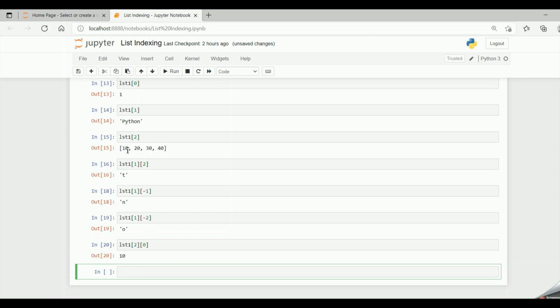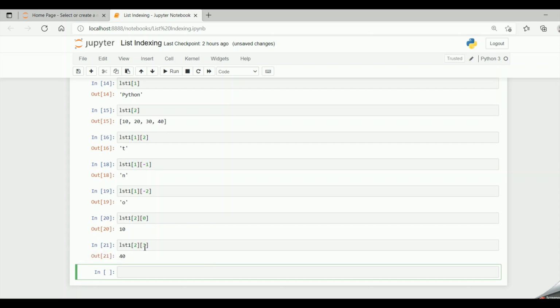So the first item I have got by using index 0 for LST1 of 2. Now if I say LST1 of 2 and then 3, if I run the code, I get the value 40 because LST1 of 2 is this particular list. In that I want the third index value: 0, 1, 2, 3. So the third index value is nothing but 40.